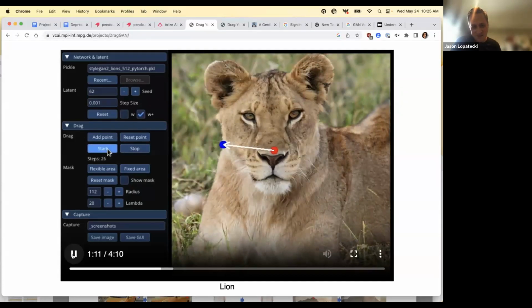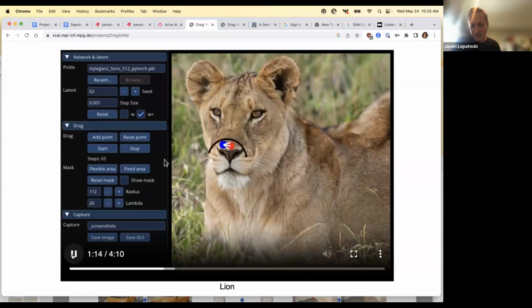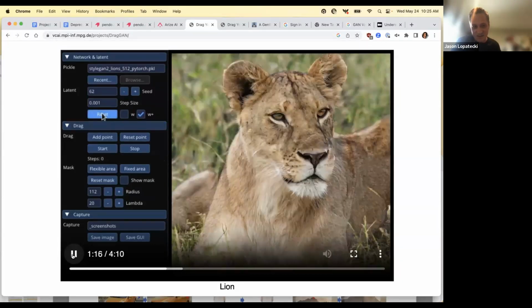So there are two different problems they were solving, and to be honest, I had never heard of the point tracking one before. It's pretty